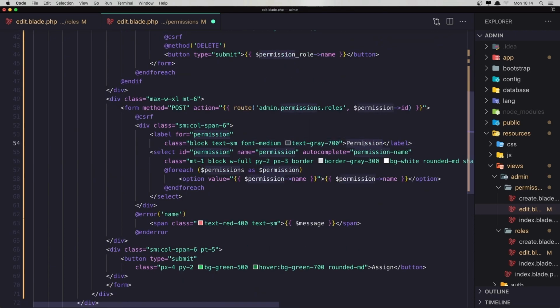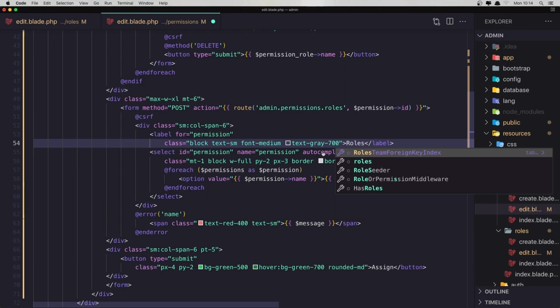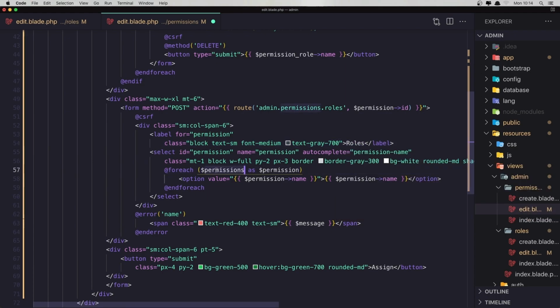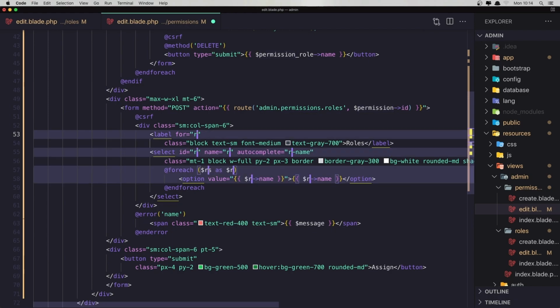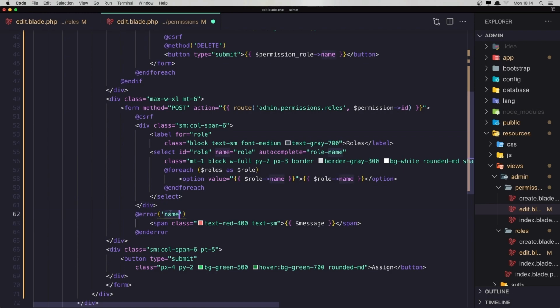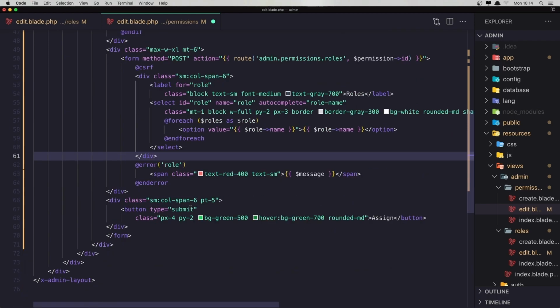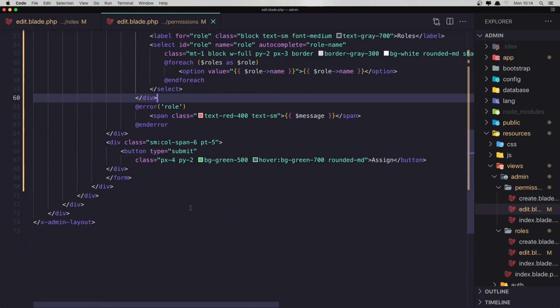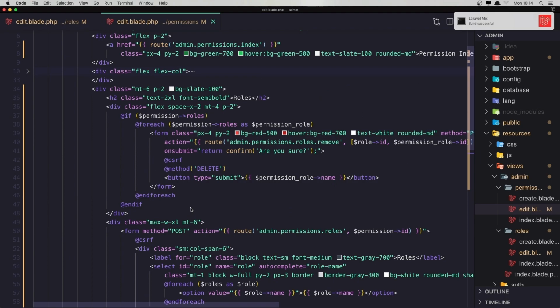Okay, also here is going to be roles. And make selecting them all. So let's select from here and say role. And here we have this error, let's say for role, but we're not validating, or we can validate, no problem. And let's save it, and let's open the web routes